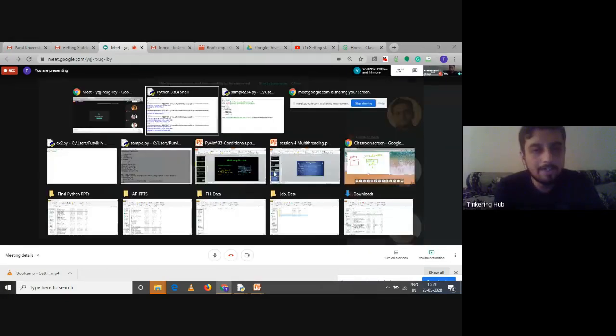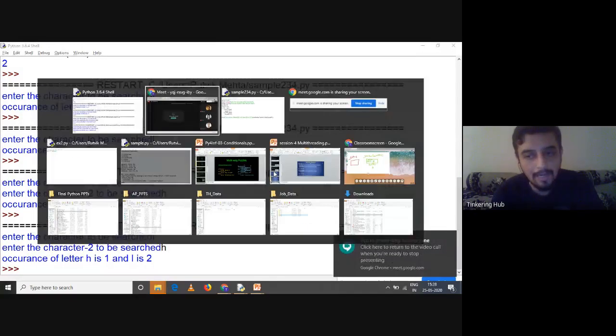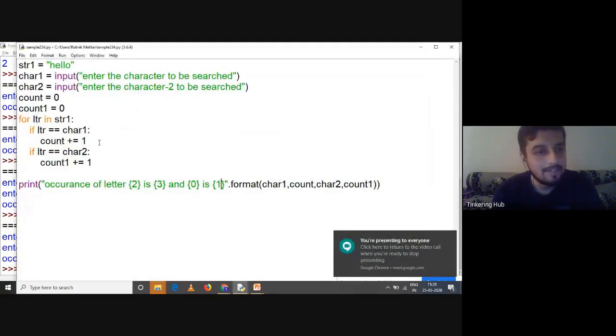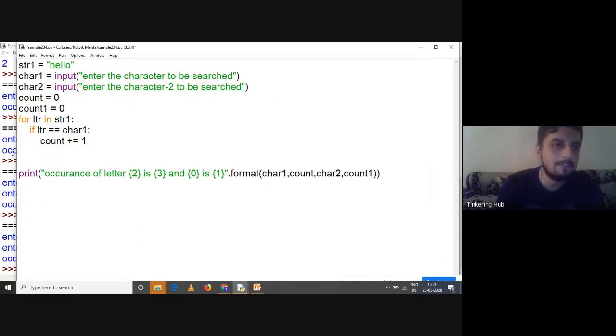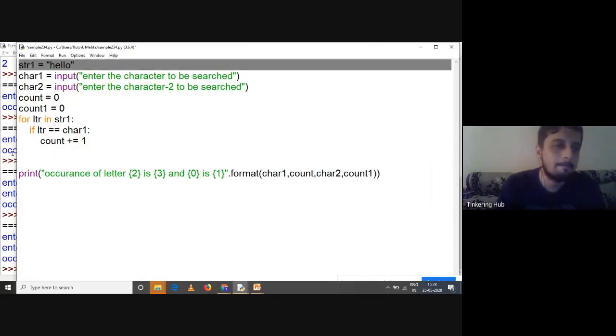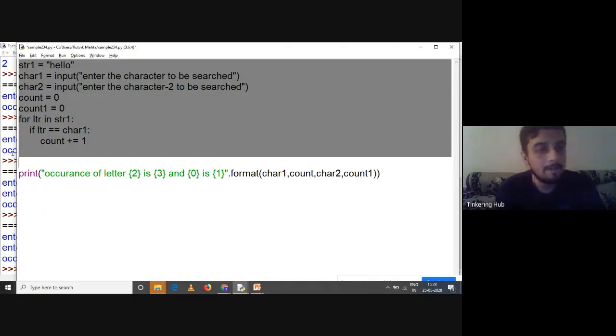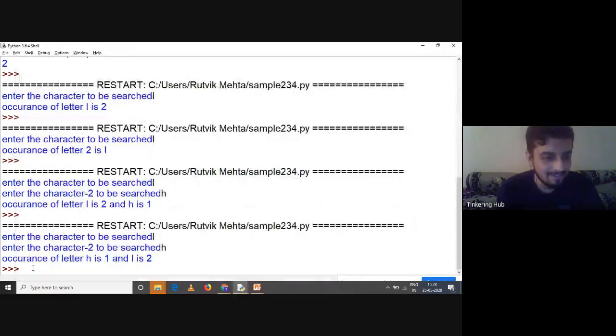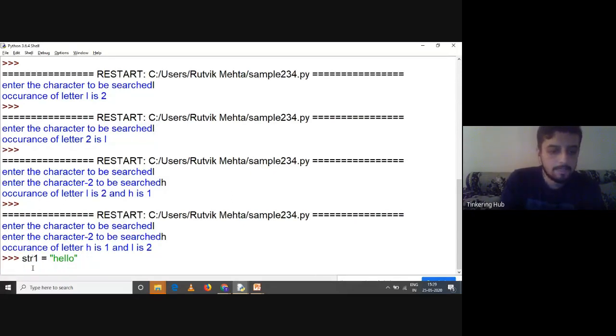Okay, so let us move to the next method. Understand why this is important. To find the occurrence of a particular string, we have to write this many lines of code, right? We have written this code. But count does the same thing. str1 is equal to hello, and I can say str1.count('L').